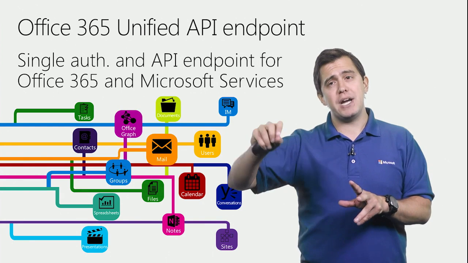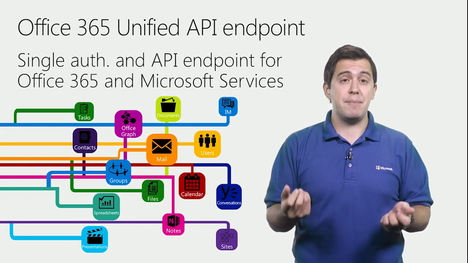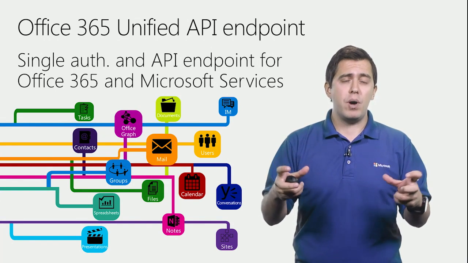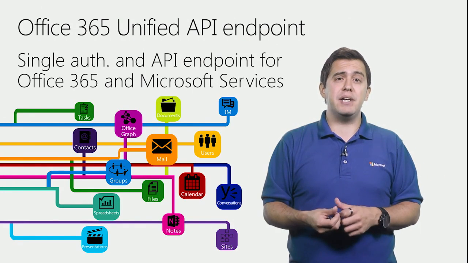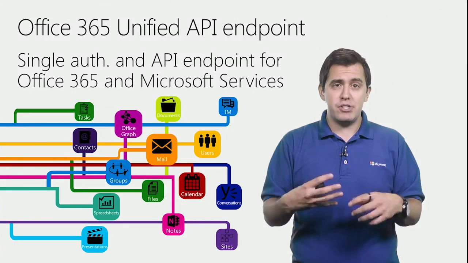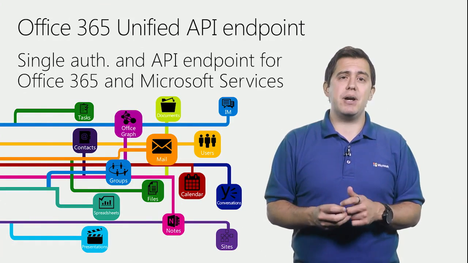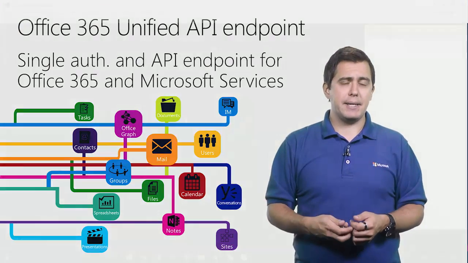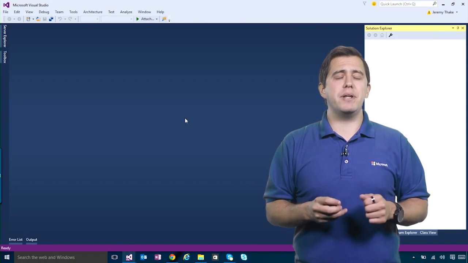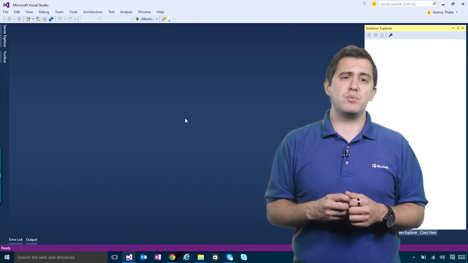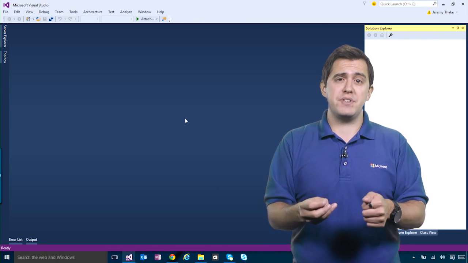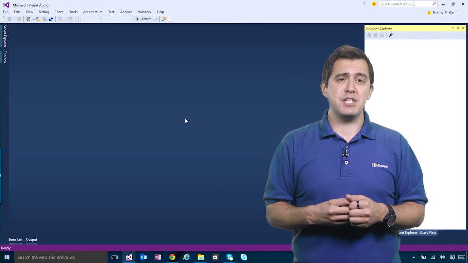And in the future, we'll be able to connect through to things like the Dynamics CRM APIs, all from that one single endpoint. So it's a very exciting time, and we encourage you to get familiar with Azure Active Directory auth, how to connect to this API endpoint, and how to pull that data back. In this demo, I'm going to describe how you can use Visual Studio 2015 and the Add Connected Services wizard to connect to those services and pull that data back into your ASP.NET